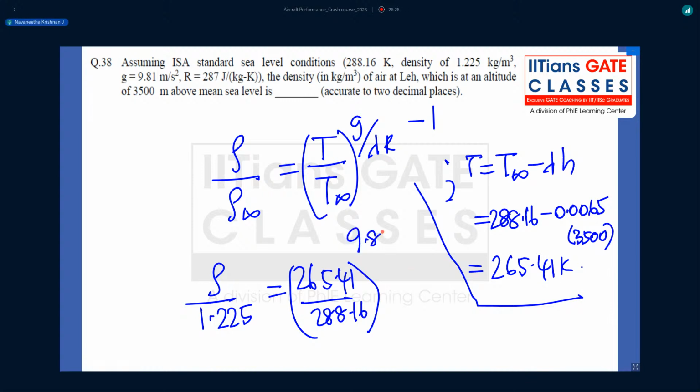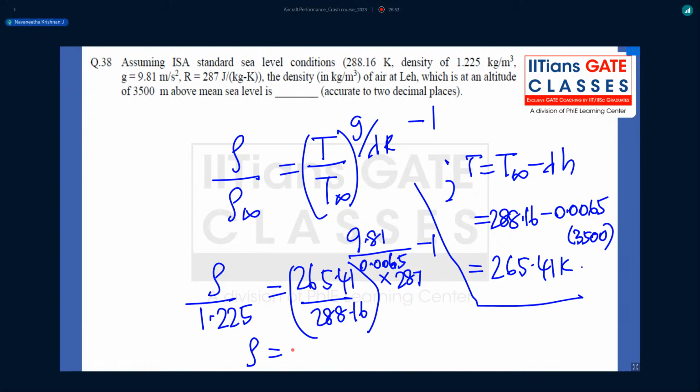Acceleration due to gravity is 9.81, divided by lambda, which is 0.0065, into 287, the gas constant, minus 1. Substituting this, we get density as